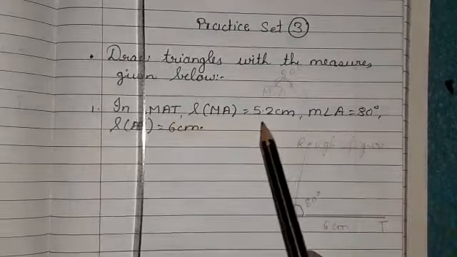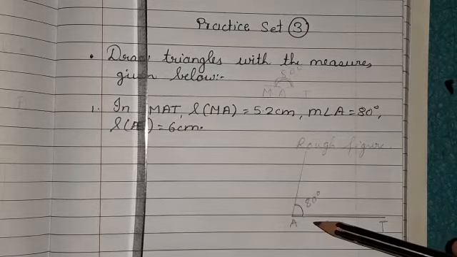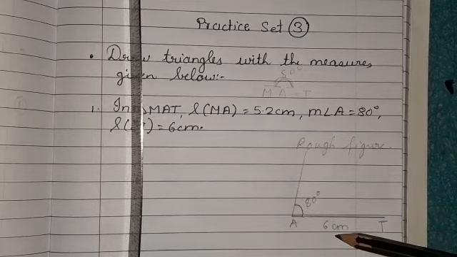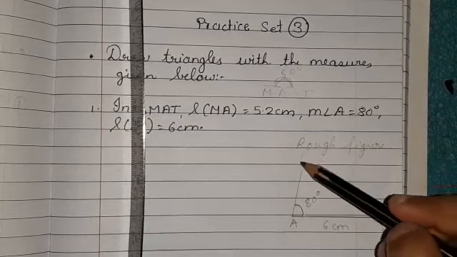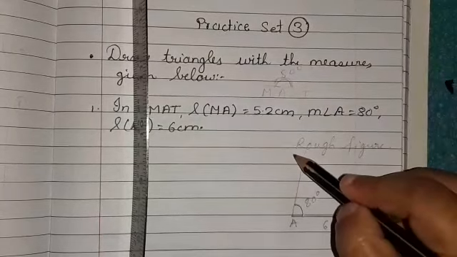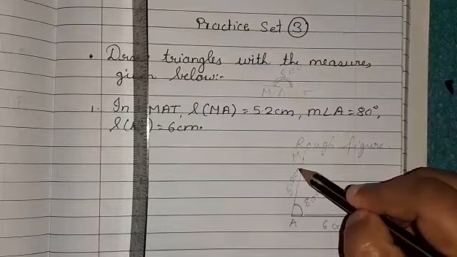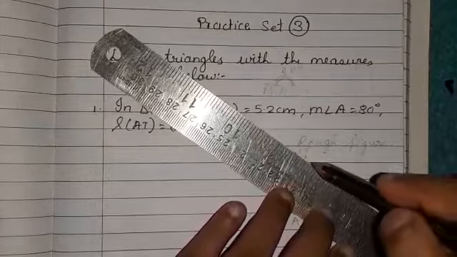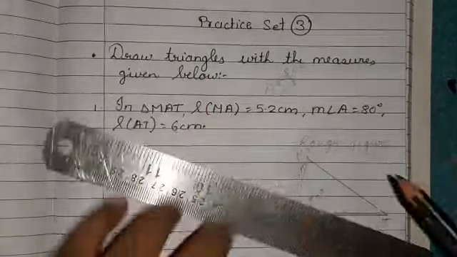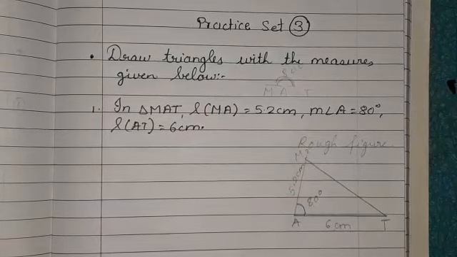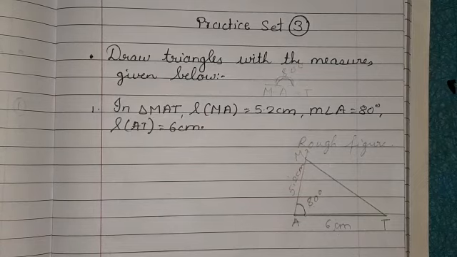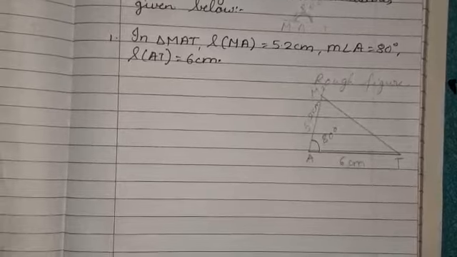Now MA is 5.2, means here somewhere, no? We said that this is the angle included by these two sides. One is here, other will be here. Suppose this is 5.2. Then here I will write M, 5.2 centimeter. Now I will join this MT because we have constructed three elements, that is these two sides and one angle. So did you get an idea how our main figure will be through the rough figure? Yes. Now let us start the construction of the fair one.